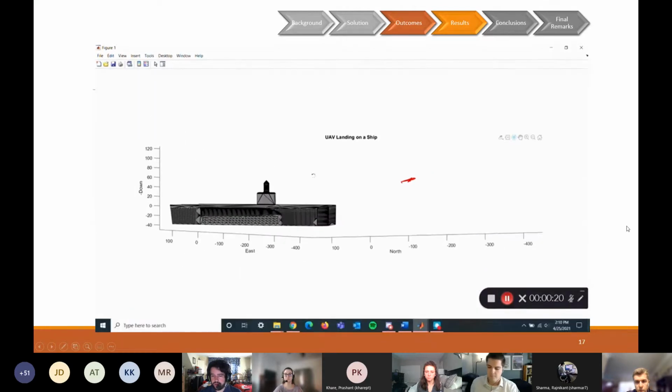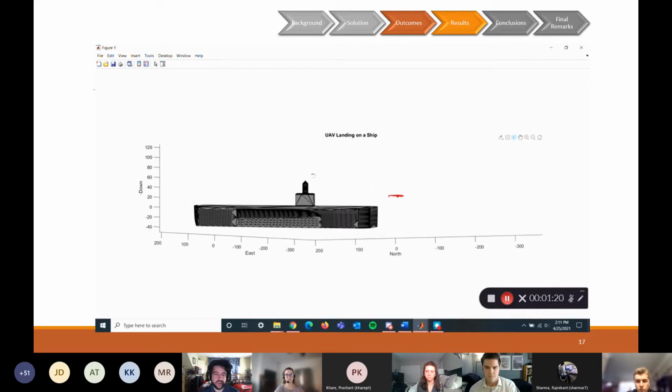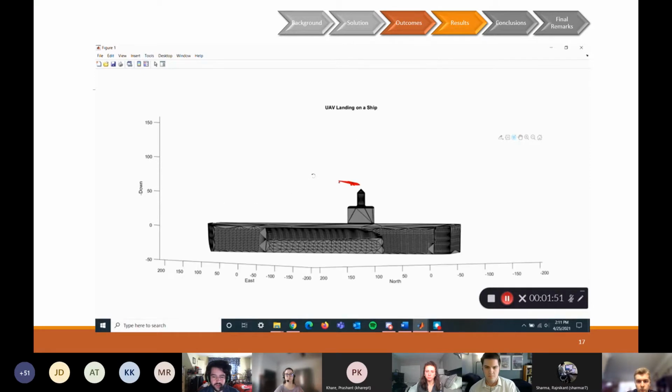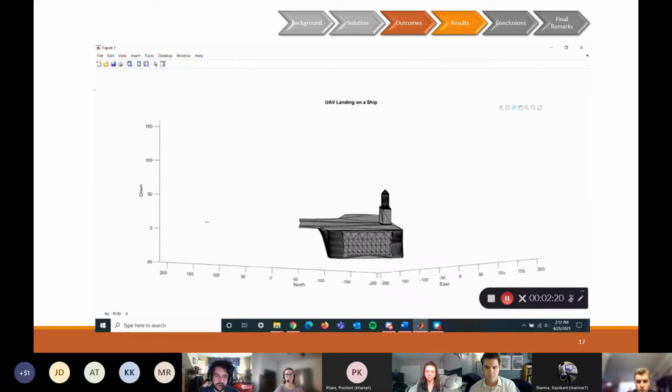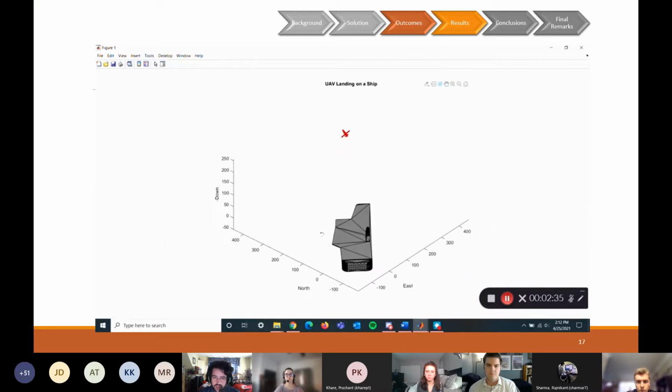So the first thing you'll see in our simulation video is a missed approach. So the UAV went through the landing control phase, but it's not within those predefined tolerances. And so you'll see right here, it pitches up, zooms away, climbing to that predetermined missed approach altitude that Ryan mentioned earlier. Once it reaches this climb altitude,